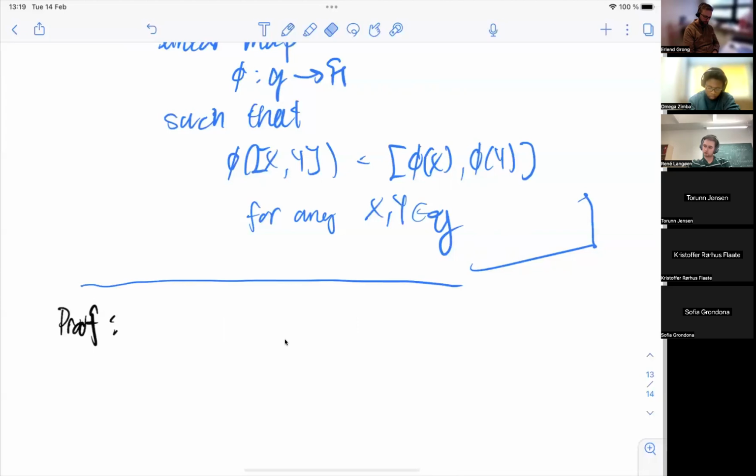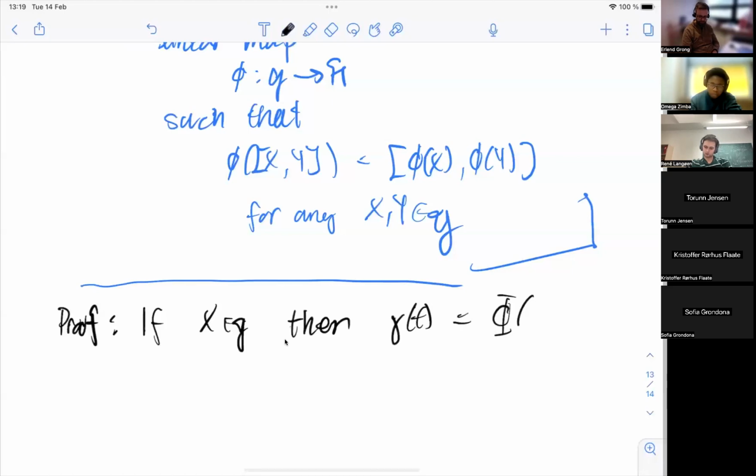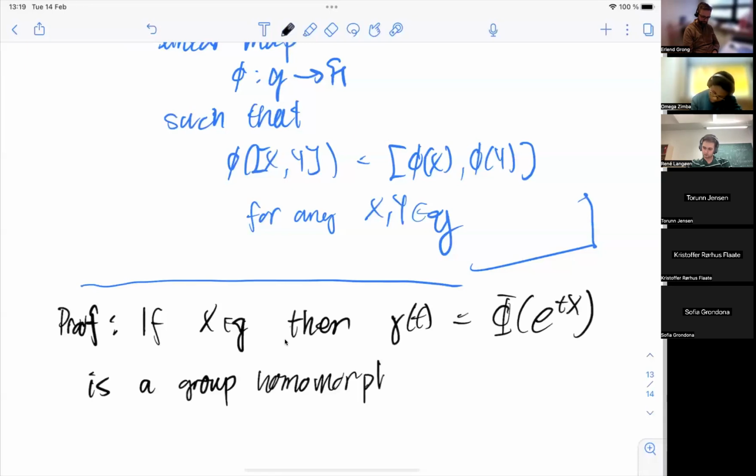If X is in g, then gamma of t equal to phi of e^{tX} is a group homomorphism from R to H,